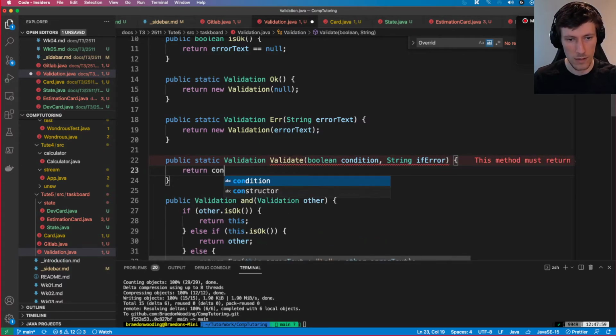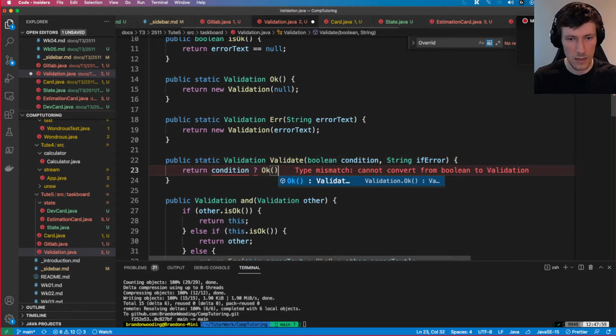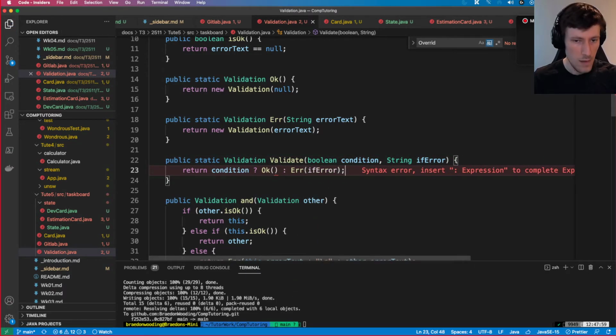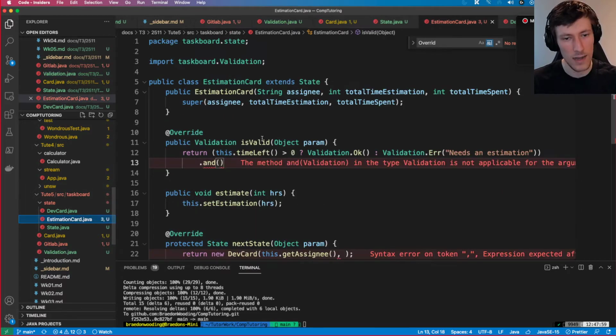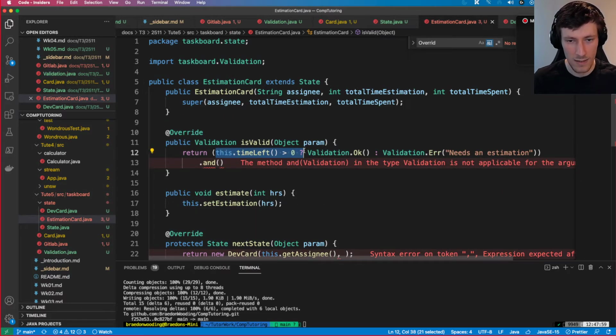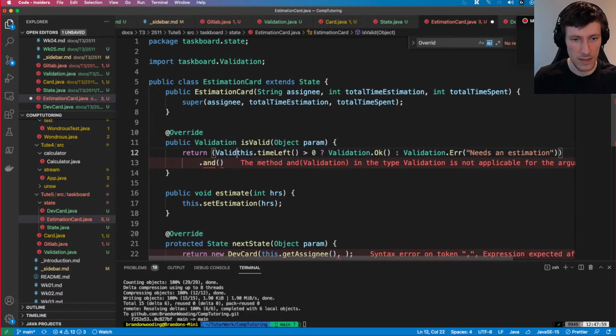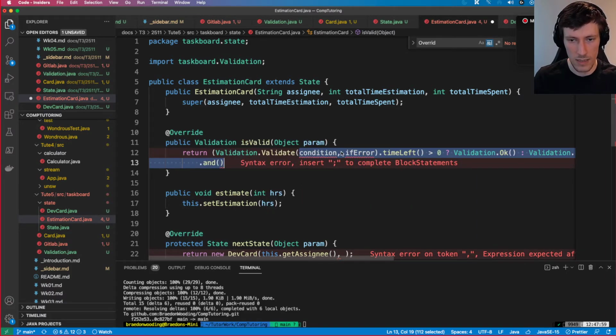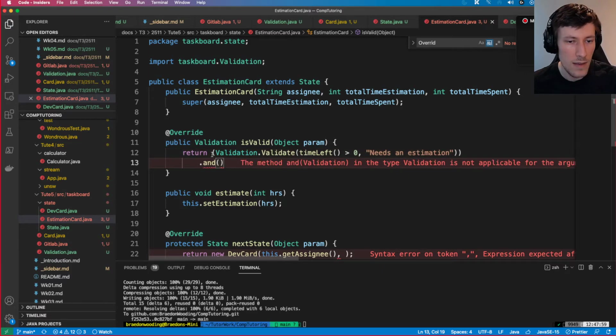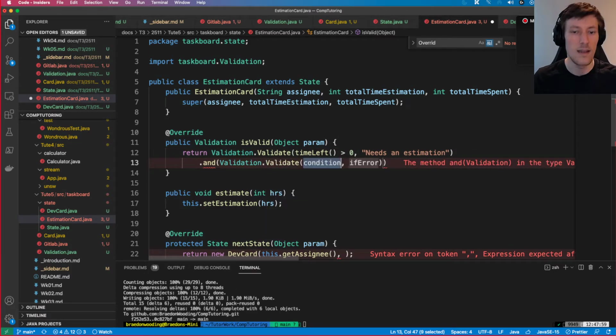Which could just do our kind of typical thing. Else error, if error. Okay, and then our estimation card can look a bit cleaner by just doing a validation.validate. And the validation condition is time left is greater than 0, and the error message is this. Okay, and then we could just combine this with another one, which is like validation.validate, and this would be like,